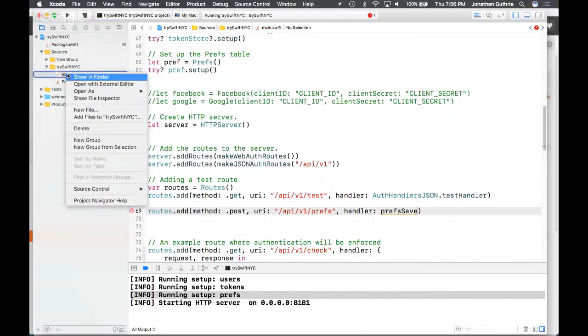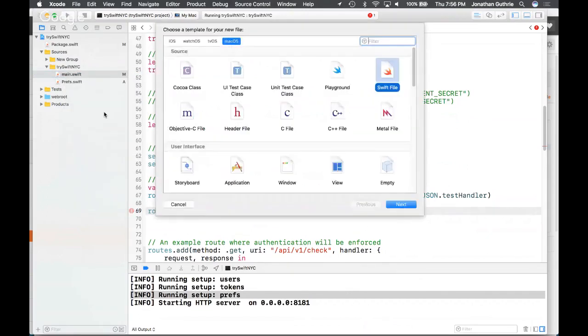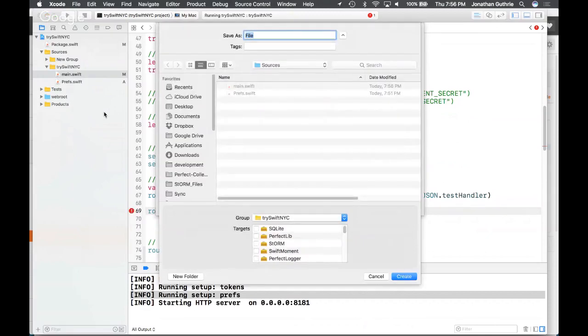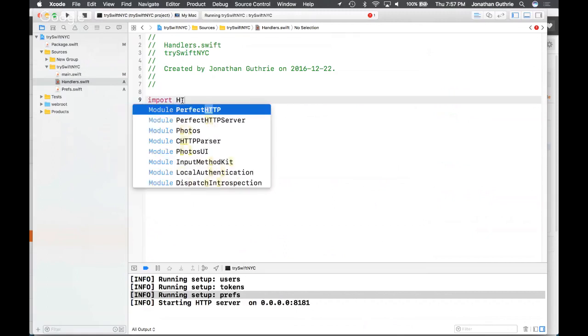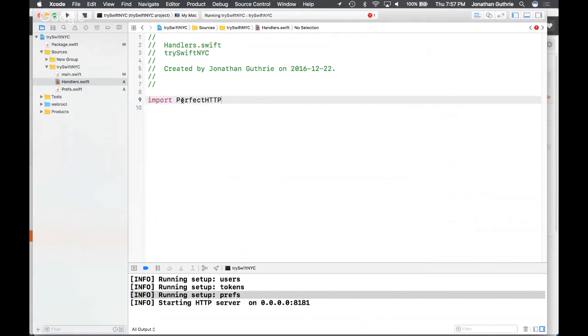So I'm going to create a new file, and I'm going to call this one handlers. Okay. So a couple of things that we're going to need to do is, once again, think about the libraries that we're going to need to import. I have foreknowledge of the fact that I'm going to need the HTTP libraries. Okay, so import HTTP. Here it is. Well, let's just leave it at that for now.